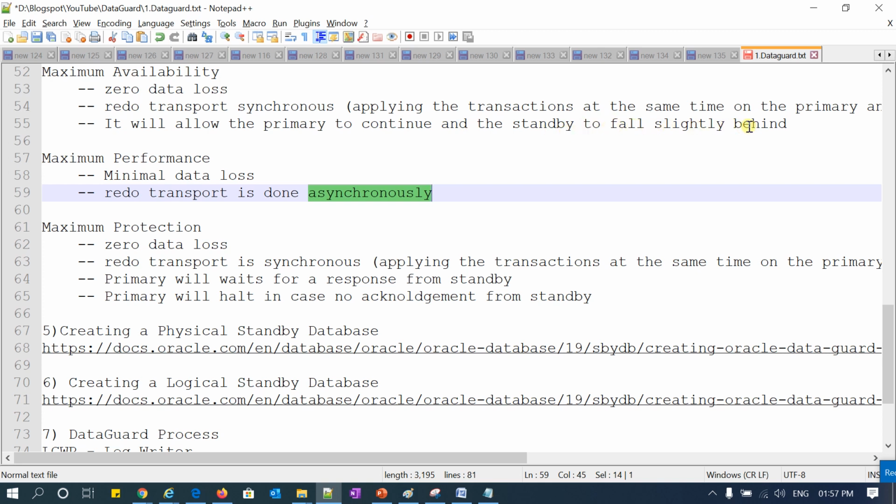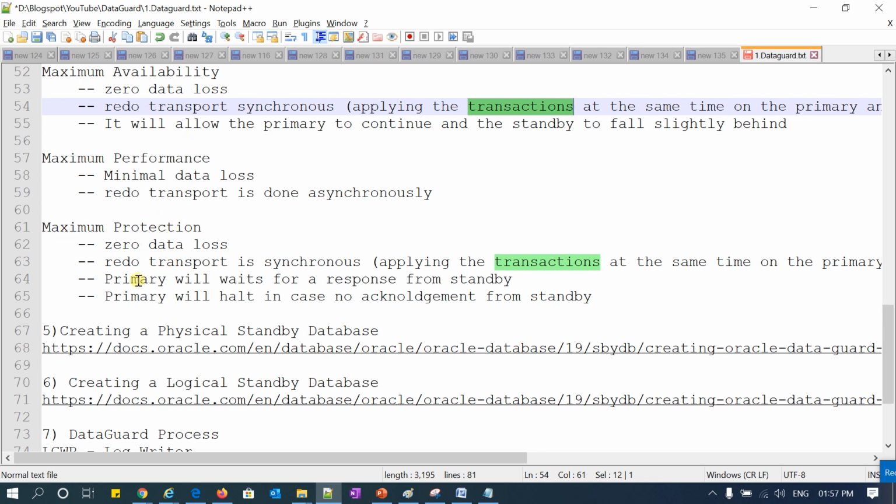What happens in availability mode? Even though it is synchronous and transactions are writing to both production and standby side simultaneously, sometimes your standby is going to be lagging. Your standby is not in sync with your primary side. In that case also, it will allow your production database to stay up and running. It means even though there is a gap between the primary and secondary, your primary database will be up and running. Users are allowed to do queries and transactions.